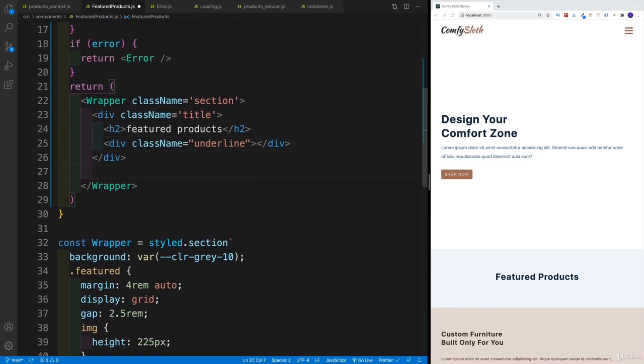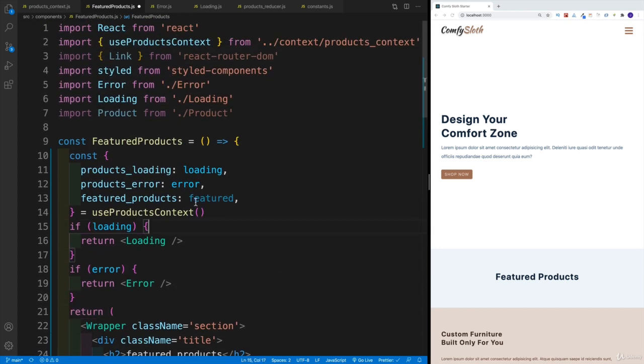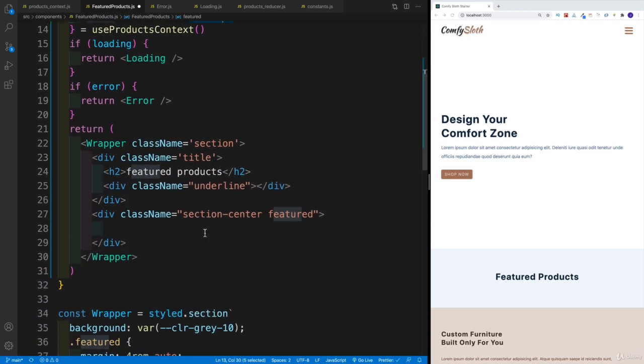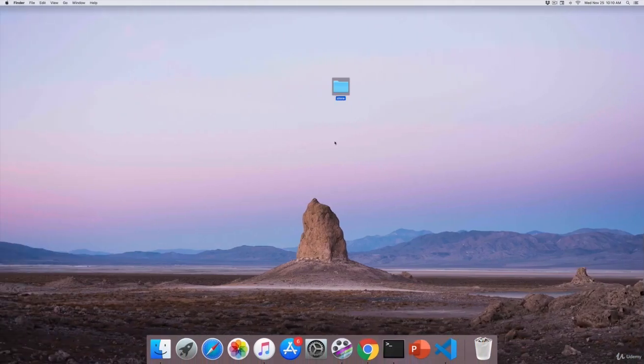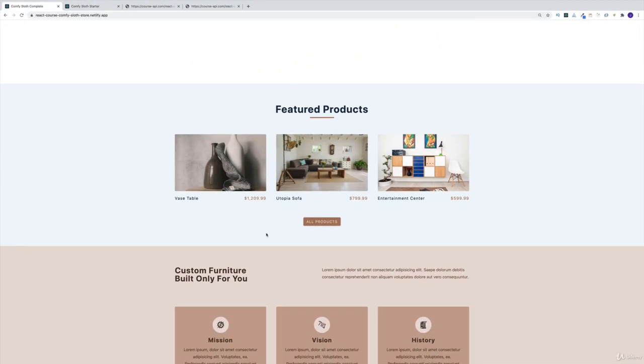And then right after that, there's going to be the section with all my featured products. So right after the title div, we're going to go with section and then section center and featured classes like so. And then inside of this div, of course, I'm going to iterate over my featured array. Now it's up to you. You can render all of them, and I'm going to start that way. But eventually I would just want to display 3. Again, that is just my preference if you take a look at the complete project, but you can render all 6 of them. So I purposely set up 6 featured products just in case you would want to render more. But in my case, I'm just going to go with 3.